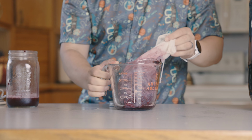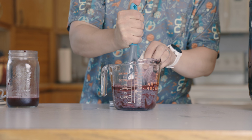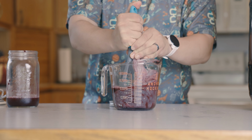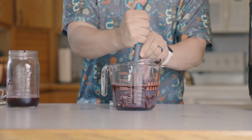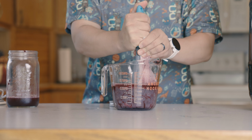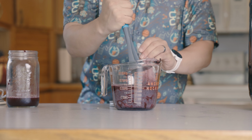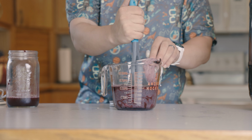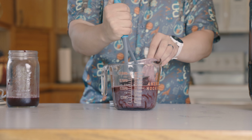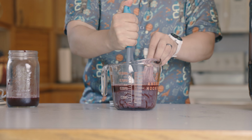And now we're going to go ahead and mash the rest of this, just using a potato masher here. We're trying to squeeze all of that blueberry juice out of here. We used just over a pound of blueberries, and on average, 15 pounds of fruit produces 1 gallon of juice. So if we do a little bit of conversion, this should produce just over a cup